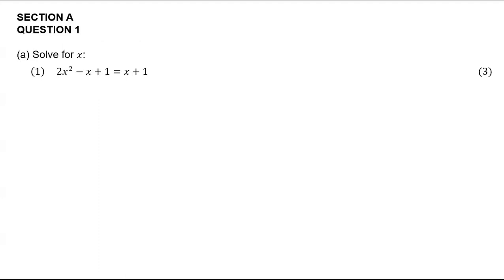Let's get to this one here. They asked us to solve for x. This is an equation. You need to write that equation in standard form, and the standard form will be ax squared plus bx plus c is equal to 0. You always look at one side where the variable has the highest exponent. Where the variable has the highest exponent, you keep those terms there and you have to transpose the other ones